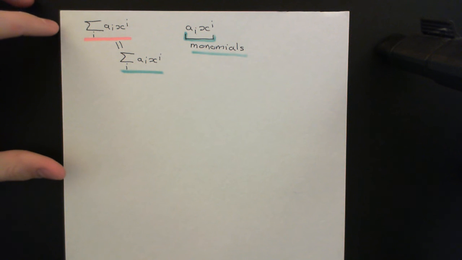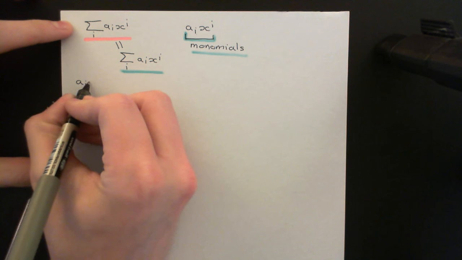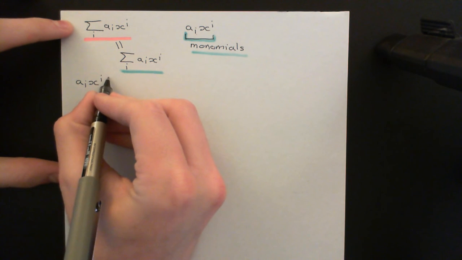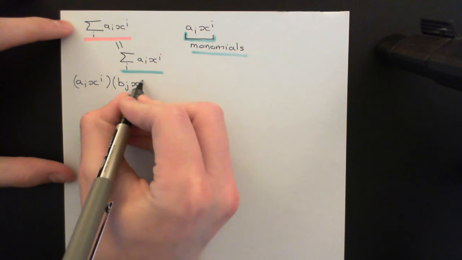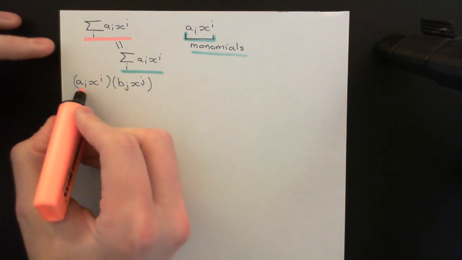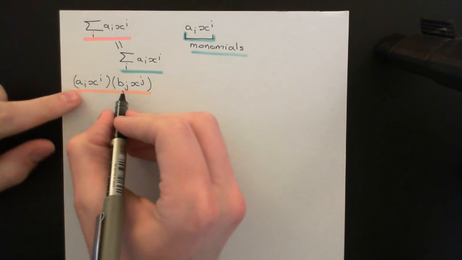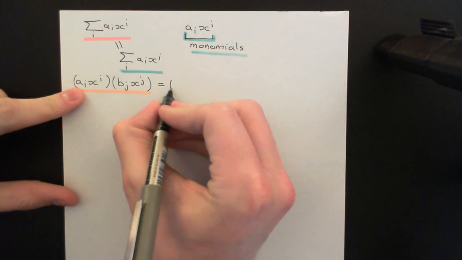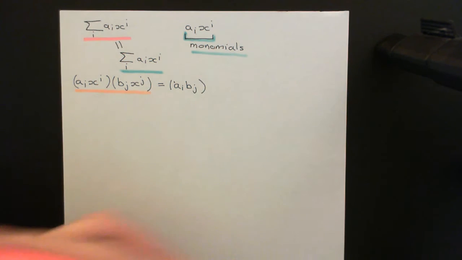Okay, right. So the way I'm going to define monomial multiplication then, so if I've got one monomial here, a_i x^i, where i is some non-negative integer, and I want to multiply it now with another monomial, b_j x^j, where again j is some non-negative integer. Okay, how am I going to define this then? Okay, what's the common sense way? What you're going to do is you're going to multiply these two coefficients, the a_i and the b_j, together in the ring. So this is going to equal a_i times b_j,